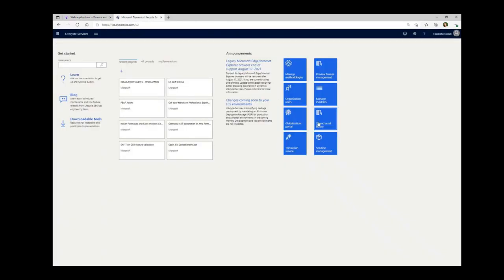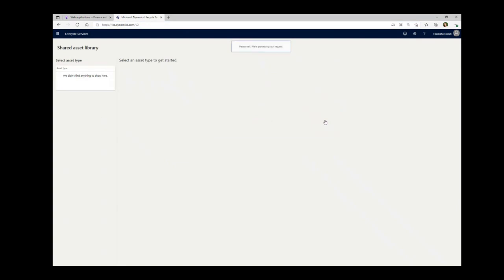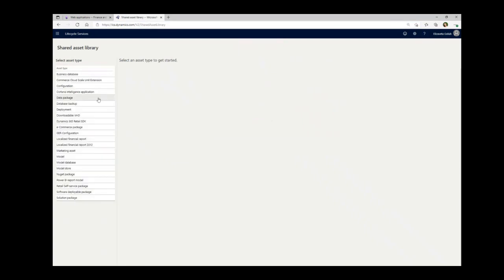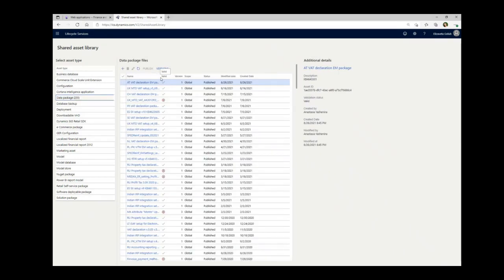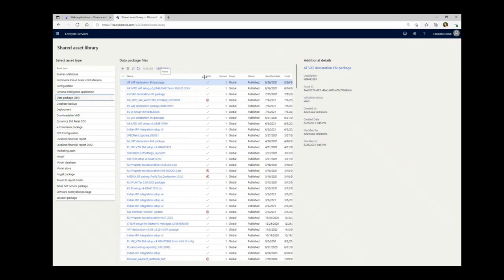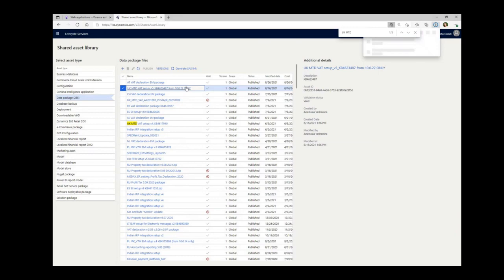So to download the new version of the package, just go to the shared asset library of the LCS portal as usually, then move to the data package section and search for the new version of the package. It is easily searchable by the prefix like UK MTD. So we can see a new version is published. Make sure that the name of this package is the one you are looking for and simply import it to